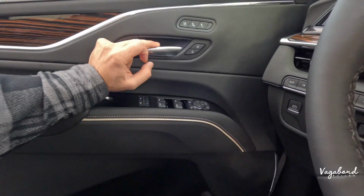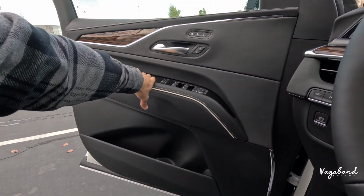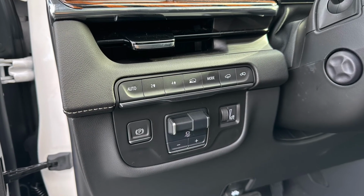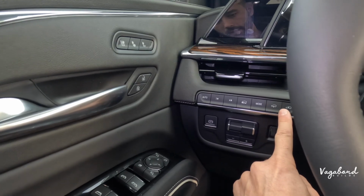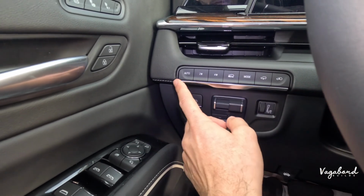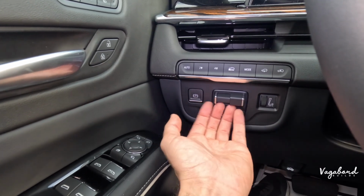Let's go ahead and pop this door open and show you guys what it looks like when it's open from the inside. AKG sound system there on the bottom corner. On the left-hand side of this electrical steering column, have some things going on. You can increase and decrease your air ride suspension by these two buttons. Go through the hill assist mode, the four-wheel drive, two-wheel drive system, and that trailer brake assist system here with